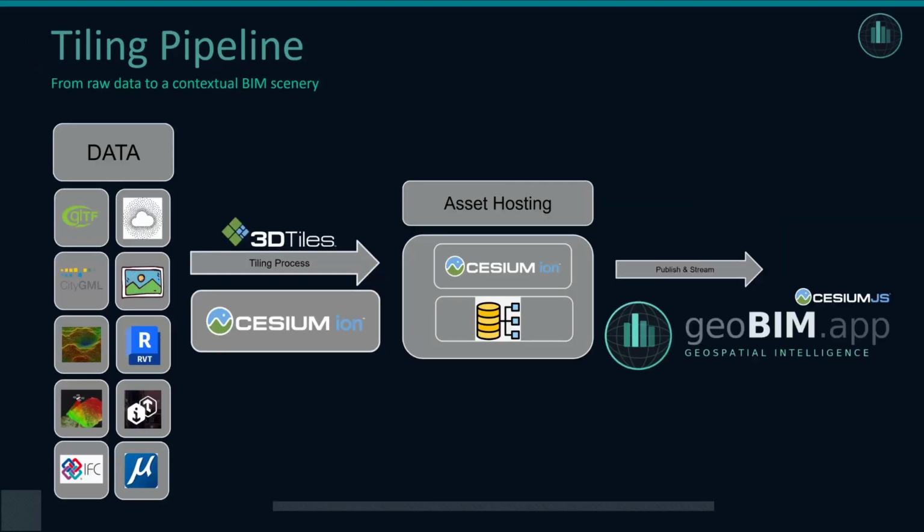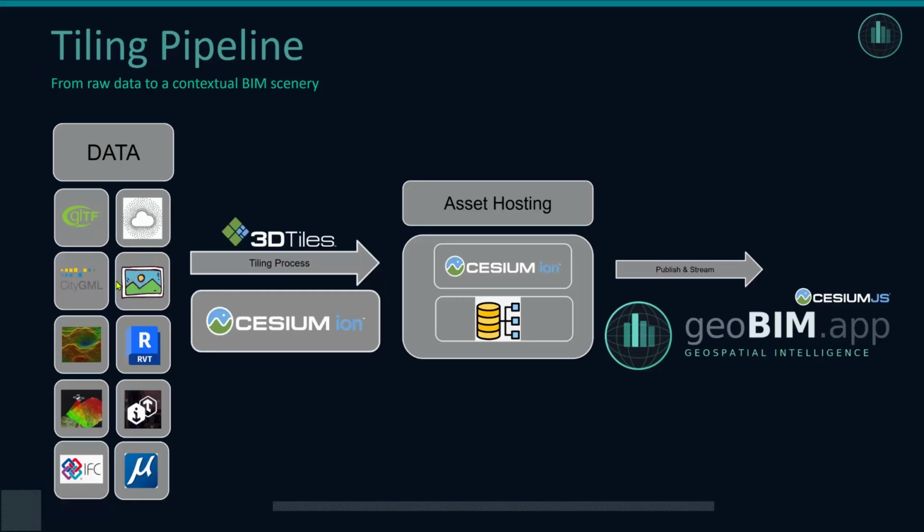Now it gets probably interesting for everybody who's a little bit more nerdy, the tiling pipeline. On the left, you see all the data sources that geobim.app with the help of Cesium can consume. And of course, it's all the basic BIM formats. There's a direct plugin for Revit. You can import IFC, via iTwin. You can import Microstation data, but also photogrammetric reconstruction data, terrain data, point clouds, and CityGML or any other GLB,